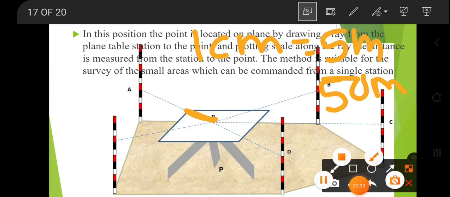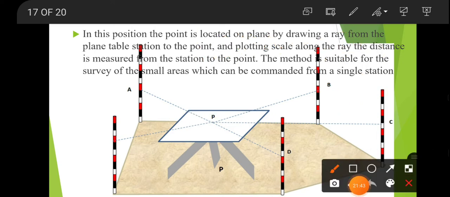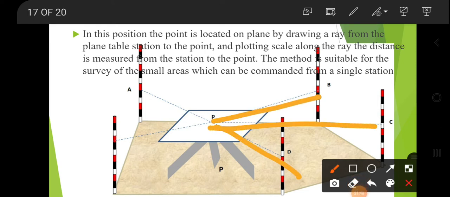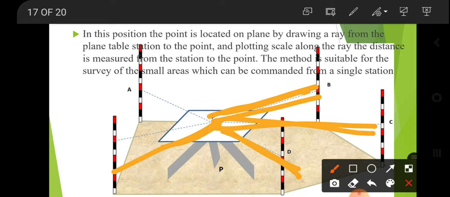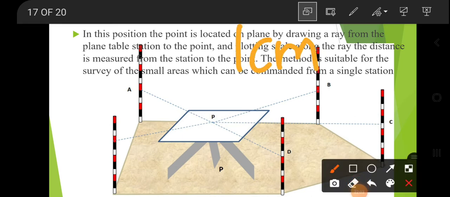After that, the leader and follower will go there. Leader and follower will measure the distances. Now they will measure the distances PB, PC, PD and PE. After that, the person who is standing here will bisect PB, PC, PD with the help of the alidade, and by the same method he will take the scale. Already he has taken the scale, 1 centimeter equals 5 meters, and he will draw the plan here likewise.